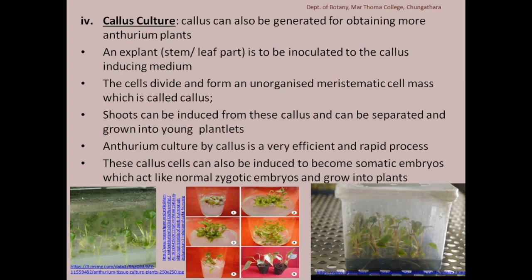Usually embryos are formed from zygotic cells, where parental gametes fuse and the zygote is formed. But in tissue culture we can produce embryos from normal somatic cells, normal cells of the plant body. Such embryos can also be used for producing young plants, which will be similar to the normal plants that we obtain from vegetative propagation or through seed propagation. So all these plants can first be raised in a controlled condition and then taken to the field.